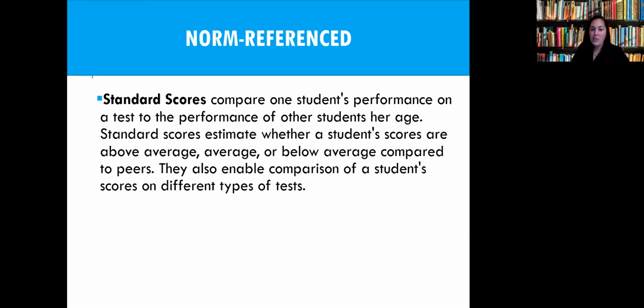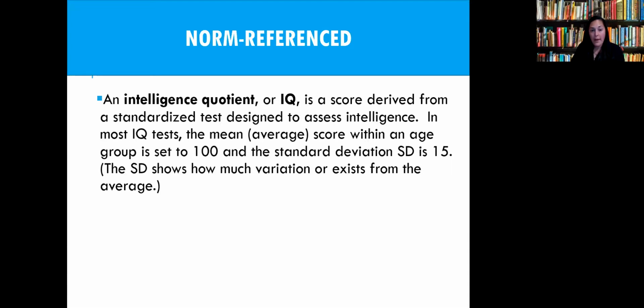The next section, again, talks about those standard scores. And so, again, this allows for comparison of the student on different types of tests. It tells you, again, based on this assessment that was used, this is where the student fell within this assessment. And then IQ scores are going to give you that global range. The reason that I still included it here, even though I had my spiel earlier about how IQ scores don't always give you the best representation for a student, is that there is still some need and use for the data that it tells you.